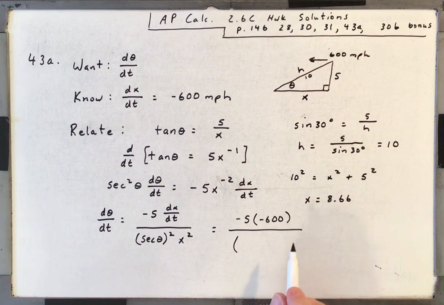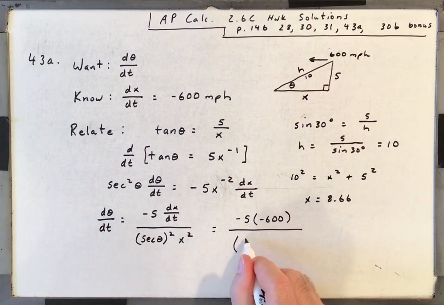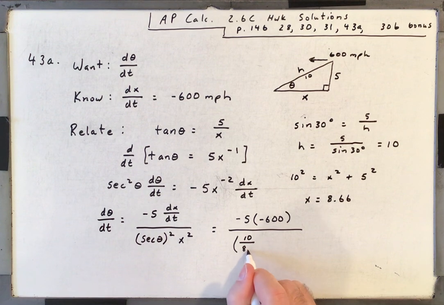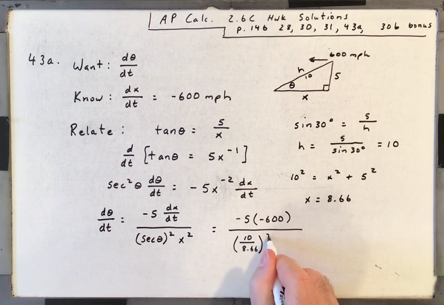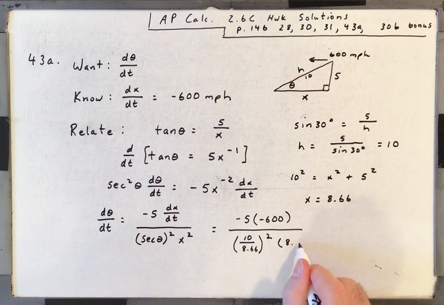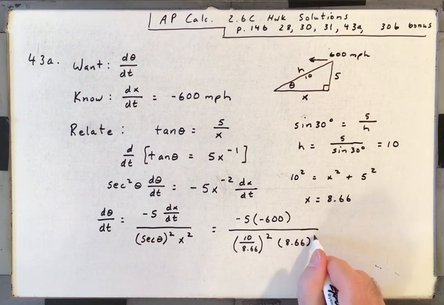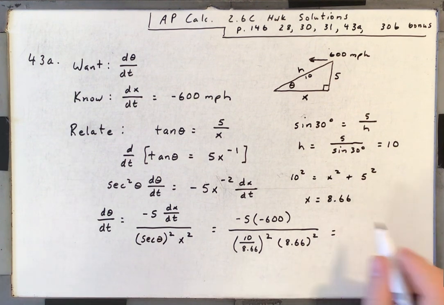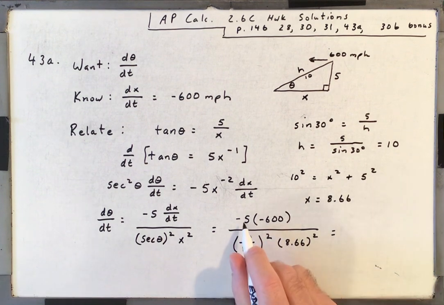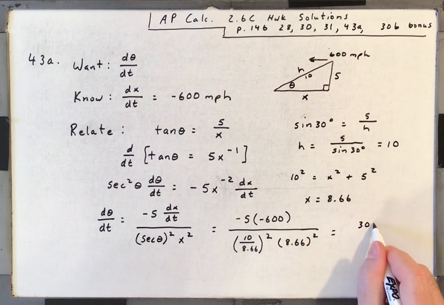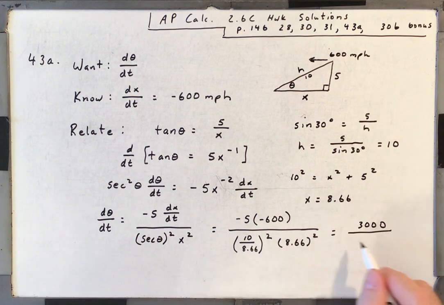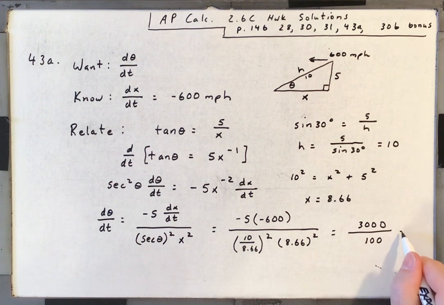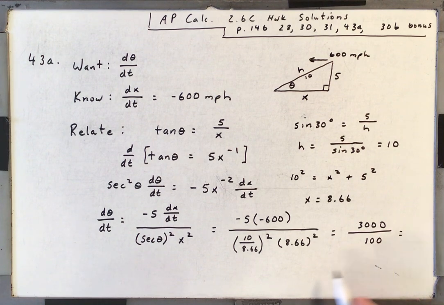Secant is hypotenuse 10 over adjacent 8.66. We have to square that. Times x is 8.66. We have to square that. So this is kind of nice because you have an 8.66 squared and an 8.66 squared. Those two actually cancel. You can put it in your calculator, but they cancel, and you end up with 5 times 600 is 3,000. And only the 10 squared is left, so that's 100. And so that's going to be 30